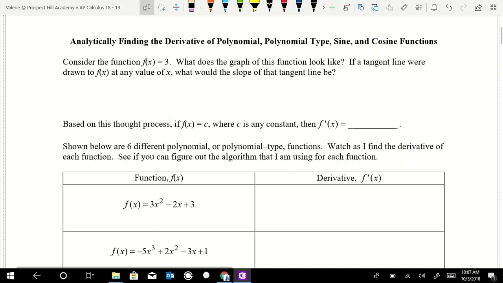Consider the function f of x equals 3. What does the graph of this function look like? If a tangent line were drawn to f of x at any value of x, what would the slope of that tangent line be? So if we were to sketch the graph